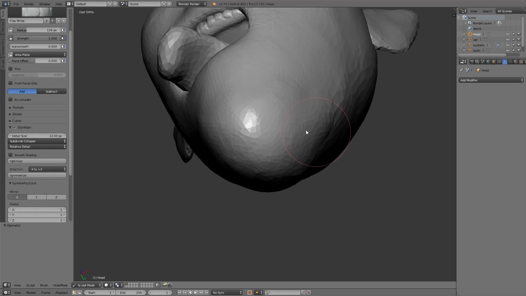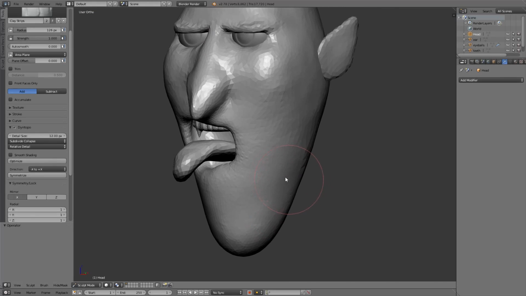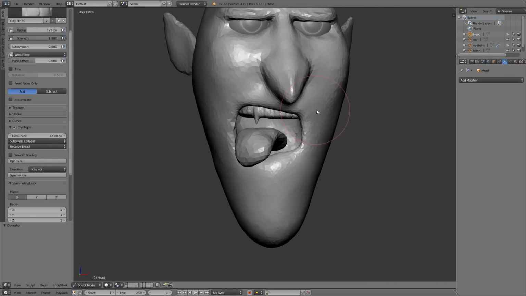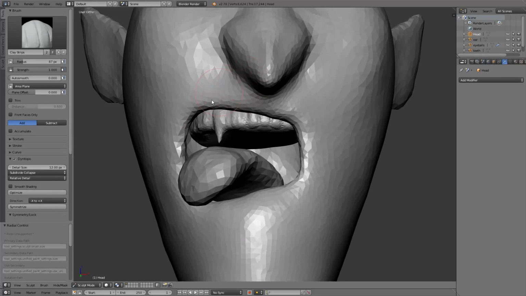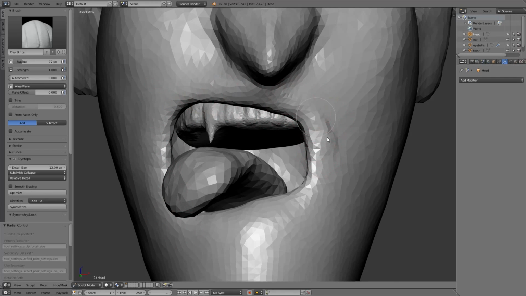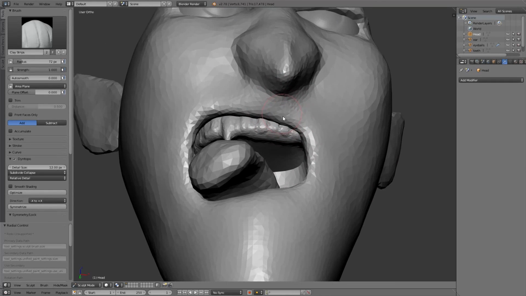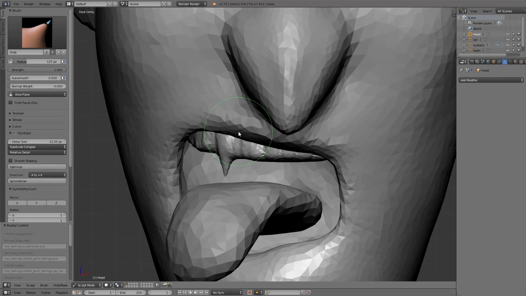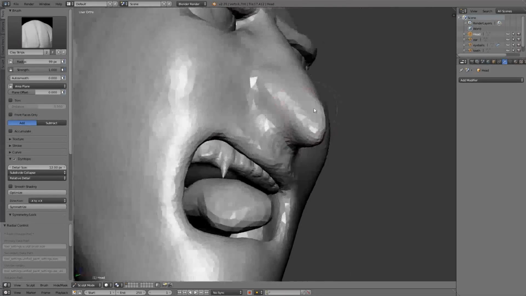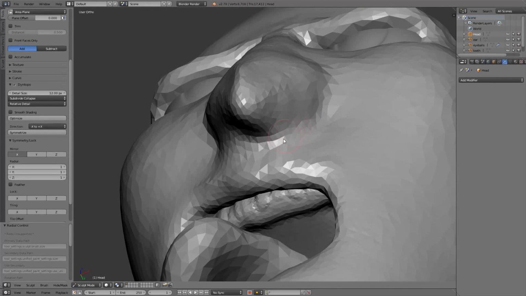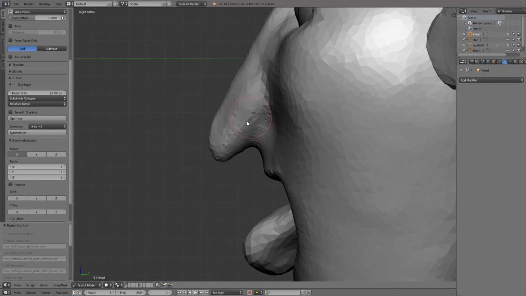So I just use the clay strip brush and smooth them up. I need to turn off the mirror again because I need to refine the mouth here, or the lips, to add more polygons. And now I go to the nose area here, and again the nose is still basic. Right now I don't have the nostrils for the nose, and I'm just adding some polygons with the clay strips